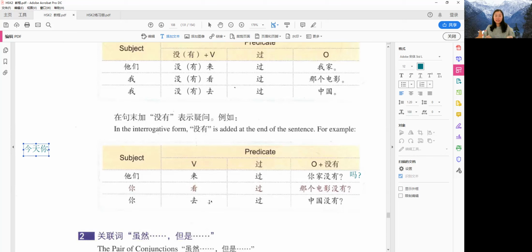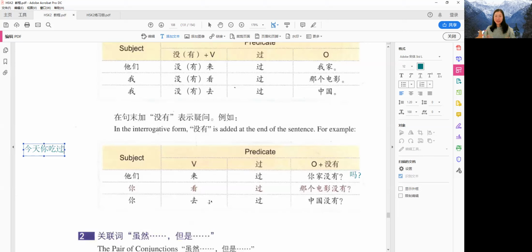I ate. So this action has been completed. So what I want to ask is if this action is already completed, if you already have taken the McDonald's, right? So we use 过. Excellent. So we just learned this 过 structure. 今天你 eat 吃, completed this 吃 action. 吃过